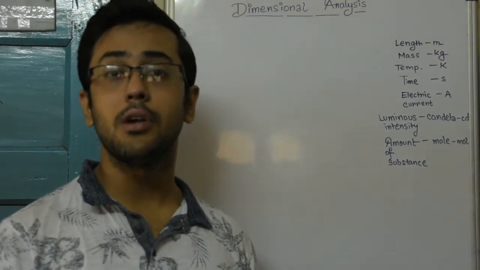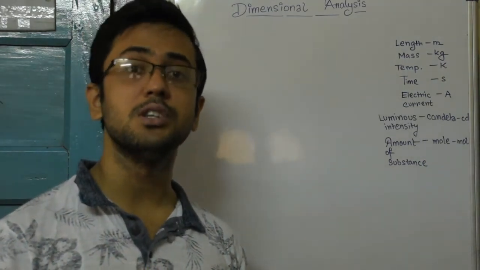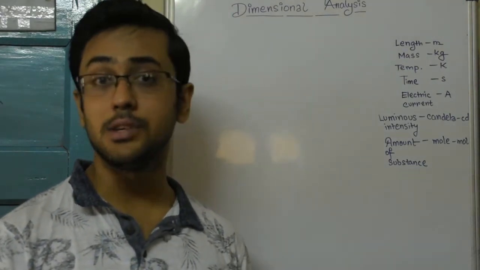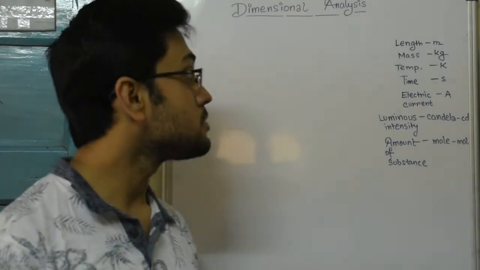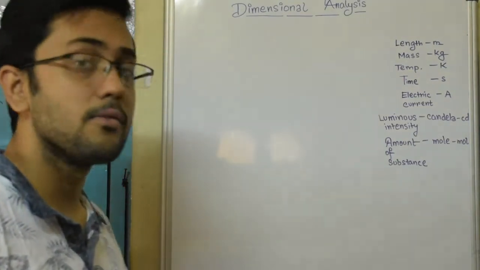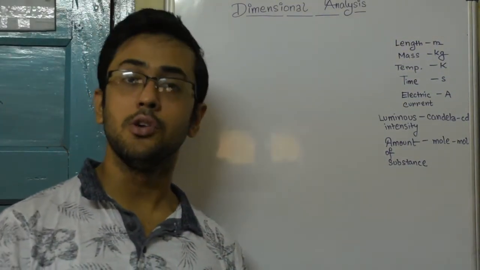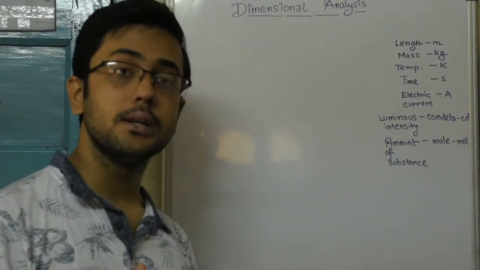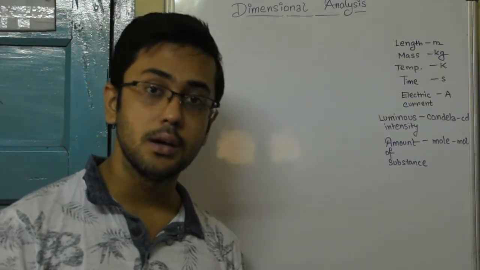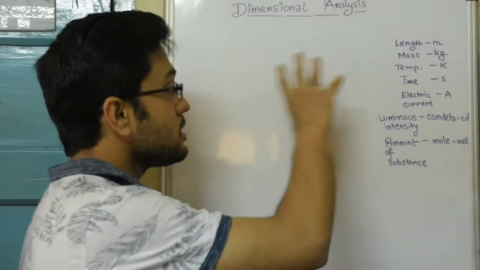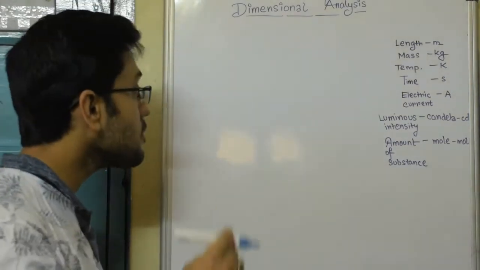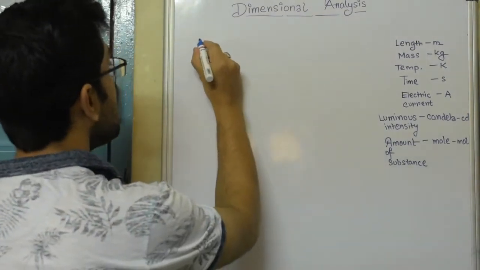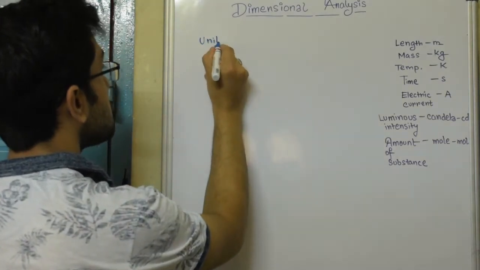And then there are the derived quantities like velocity, which is meter per second, or density, which is kilogram per meter cube. So those are the derived quantities. So these are the basic 7 fundamental quantities, and you are already aware of it. Now what is new that we are going to do today? The thing is, what is the framework beneath this? Like for example, when I write that the unit of velocity